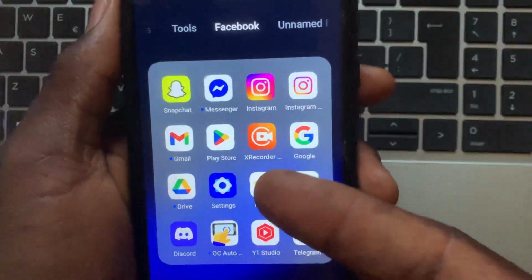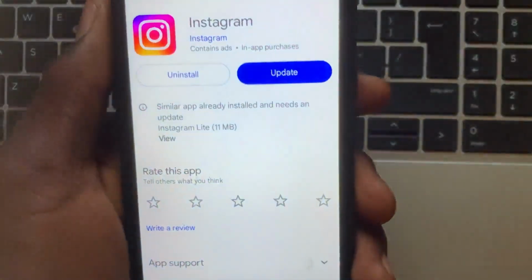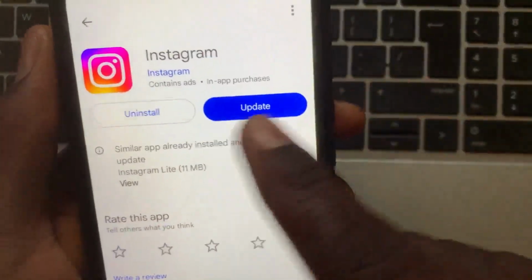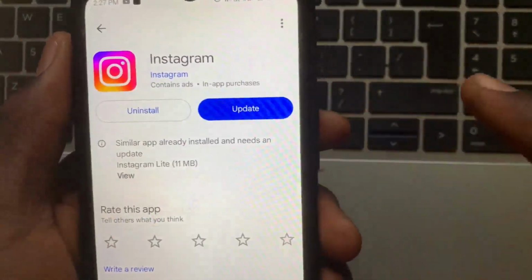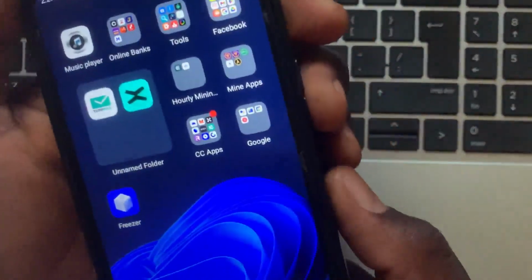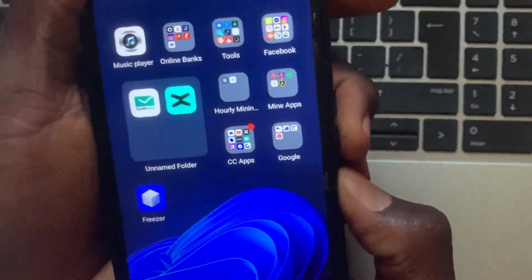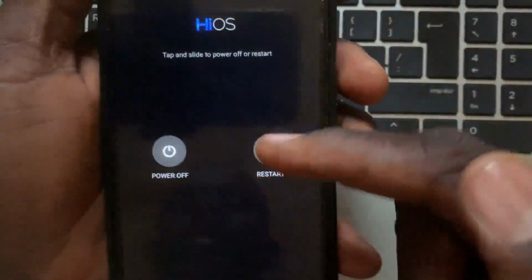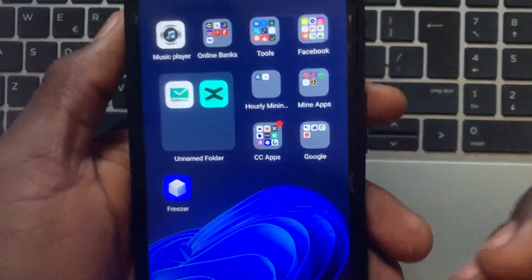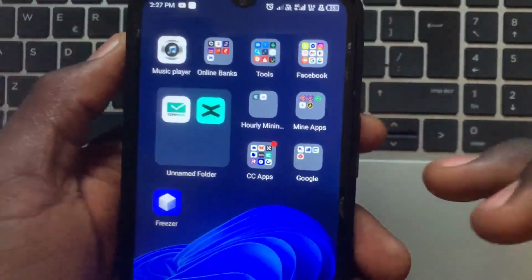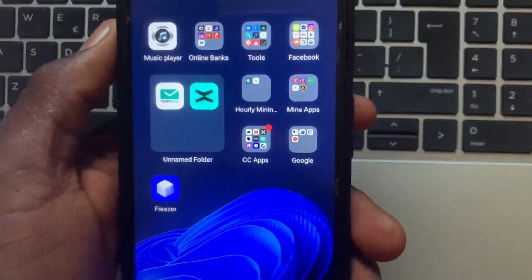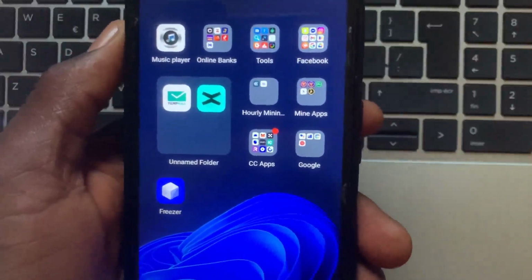The next step to fix the problem is to go to your Play Store or App Store. After you open the Play Store or App Store, just search for Instagram and update the Instagram app. After you update your Instagram app, go back and restart your mobile phone. Just go ahead and restart your mobile phone like this. After you restart your mobile phone, your Instagram account may start working properly. But if you try this method and your Instagram account has still not come back, and you are still getting the error which says you can't use this picture right now,